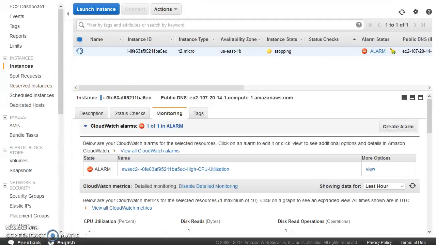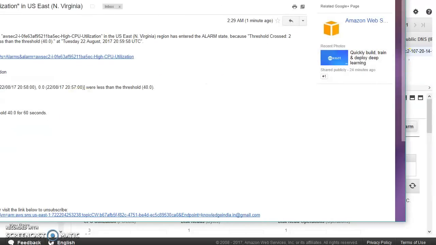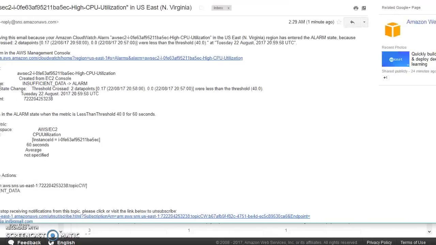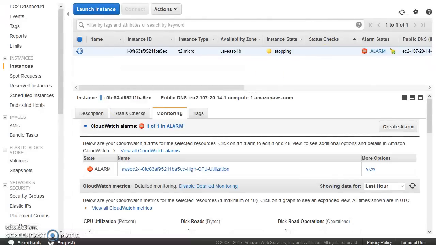Now I want to show you one more thing. On the other hand, I'm just checking my mail and I have received a detailed email which shows that your EC2 instance has been stopped because of a particular alarm condition. So it is good. I can even show you that. Here it goes. You can see, right? Okay, good. So this was about the